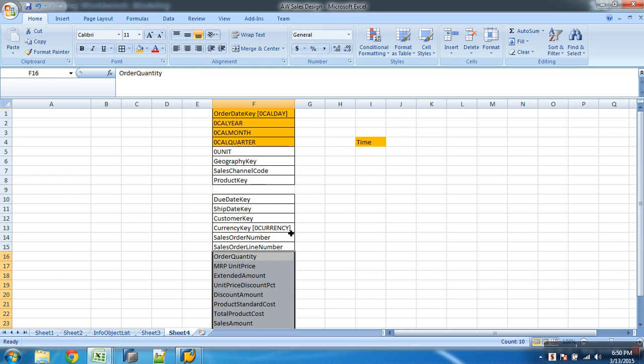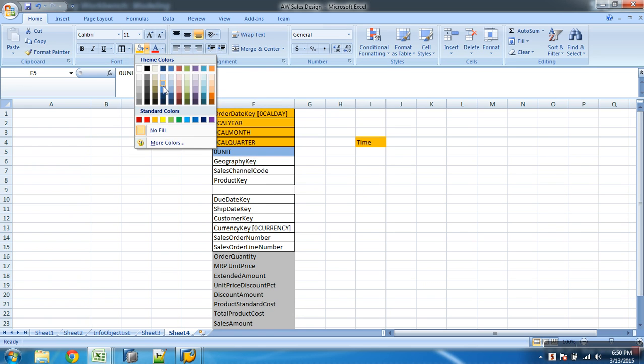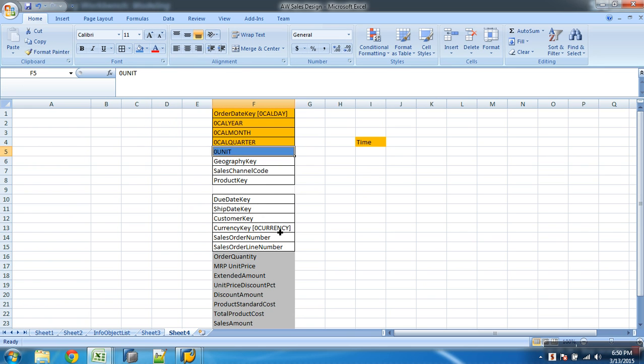That's why I'm using 0CURRENCY and 0UNIT here, and these two will get assigned to which dimension by default? Unit dimension. Clear? Okay. So technical dimension, data packet dimension, time, unit is done.